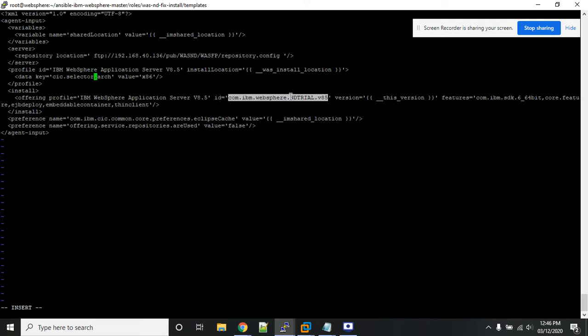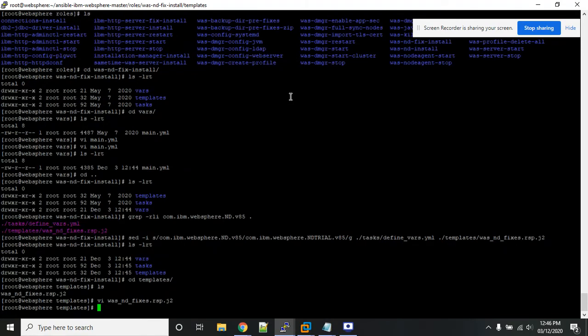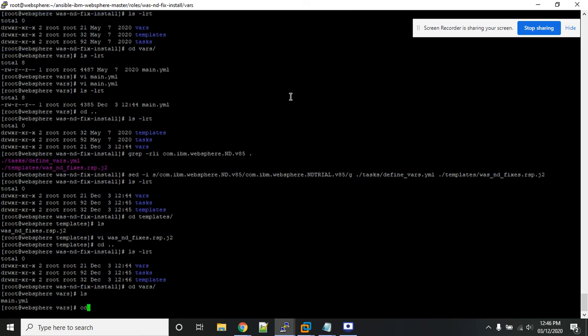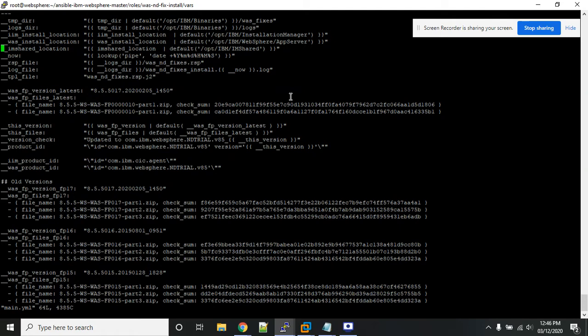Okay, so here you can see I have executed the previous command, and here also the version has been changed. Really, everything is good to go. I'll just select one more thing, that is the version of the fixpack. This is not the version I'm going to use.